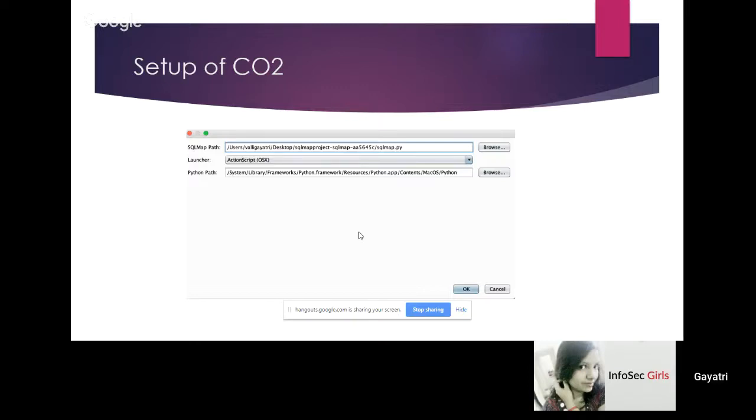If you see the GitHub repository of SQLMap, you will see a lot of commits, a lot of updates and a lot of new changes. So I always recommend updating to the latest SQLMap, and you have to give the SQLMap path for that. And since I took this screenshot from my MacBook,